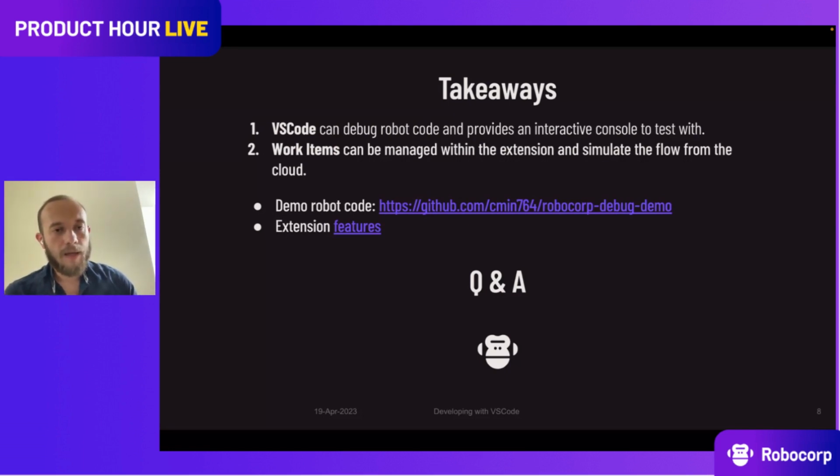And the other thing is this nice concept called work items that can be managed right inside our extension from the local point of view. So you don't need to push your bots to the cloud and test them out there. You will have the same feeling simulated locally, and you can use them for inputting various pieces of information that you want to process in your bots.